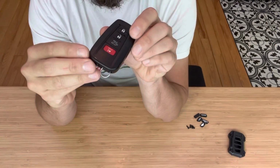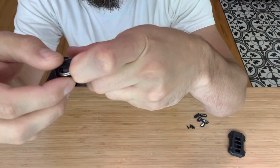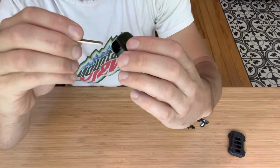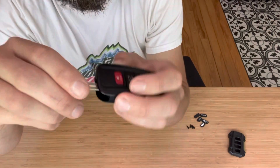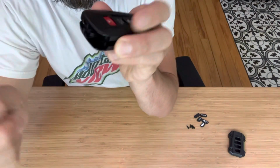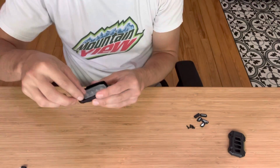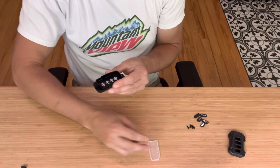First thing you're going to want to do is take this key and slide it out. There's a little button right here. Push that in, key comes out. Take your key, there's a little slot in there. Slide the key in, give it a little twist, pops right open. You're going to want to save this piece. That over here,